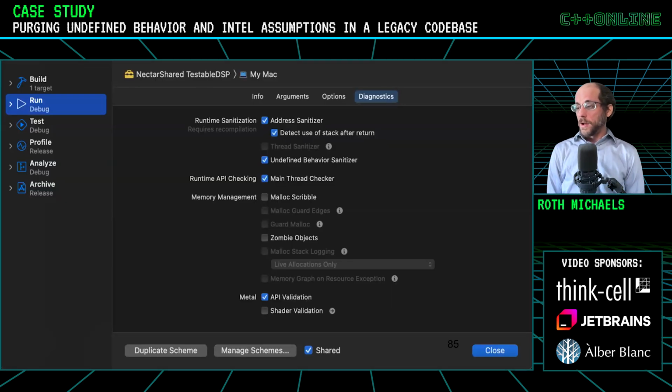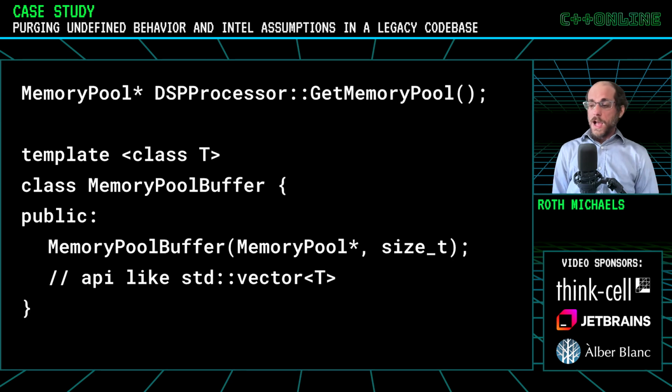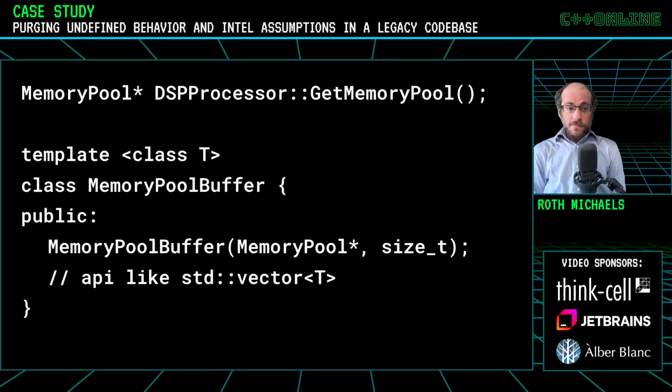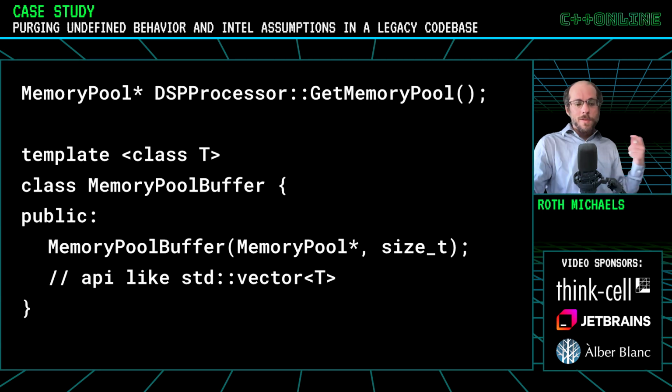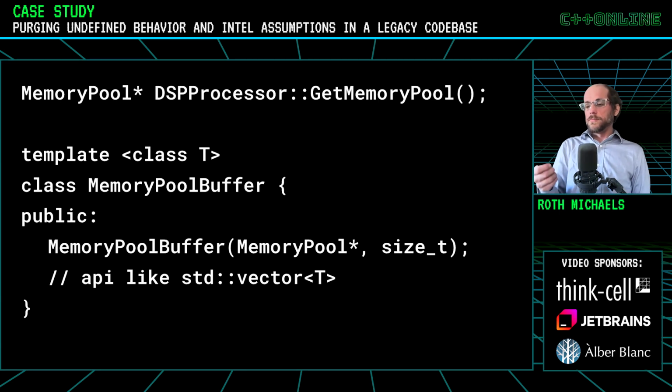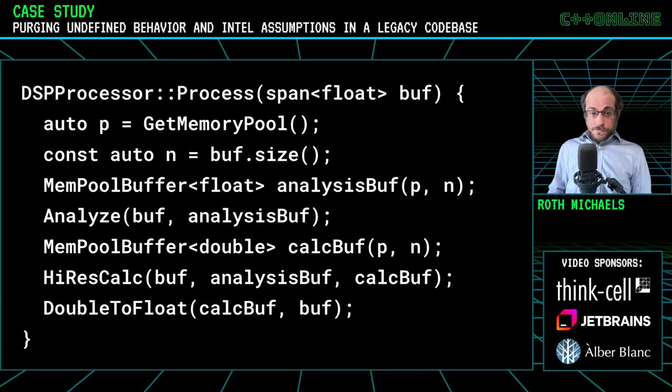So I went into Xcode, did this manually because we don't have it as part of our build process. And so when I turned this on, I actually was able to discover unaligned access that was going on, and this was triggered by ASAN. So to quickly show you how this unaligned access issue came up, we have a custom memory pool class that allows us to have a pool of memory that we reuse for scratch data during DSP processing, because when you allocate during DSP processing, that's not real-time safe, so we try to avoid that. And we had some code that looked like this.